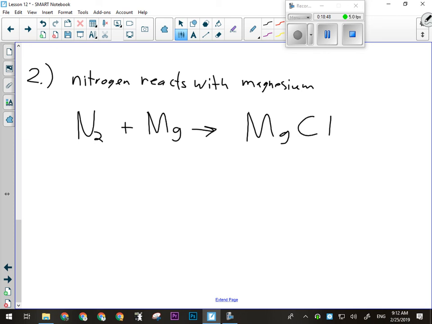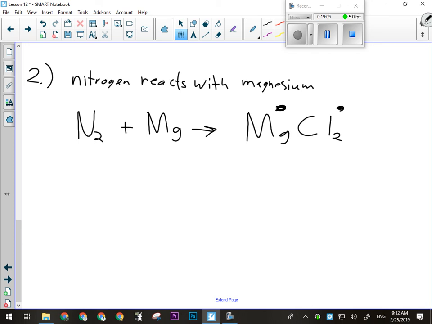Okay, it's a way to test not only whether you remember your reaction stuff, but also whether you remember your naming and writing chemical formula stuff. So we got to make sure, when we write an ionic compound, metal, non-metal, metal always listed first. Okay, all right, so this is a 2+, this is a -1. So that's going to be